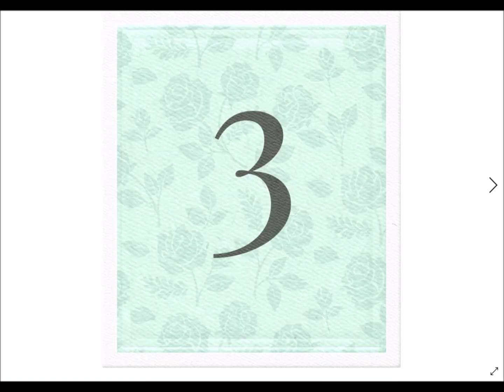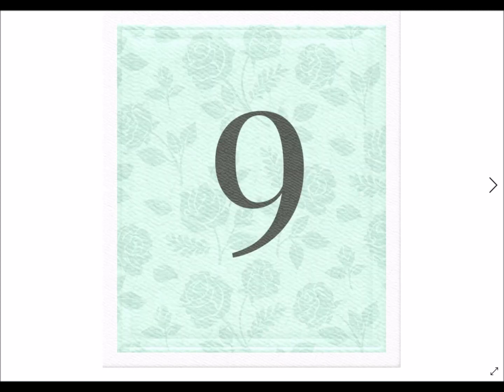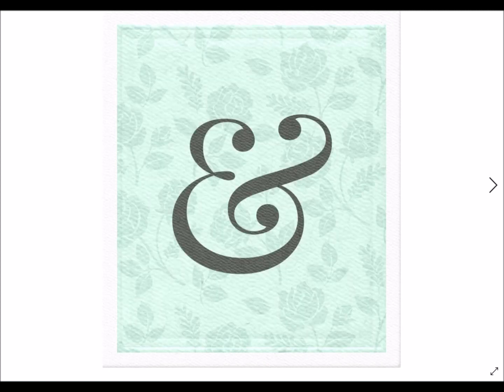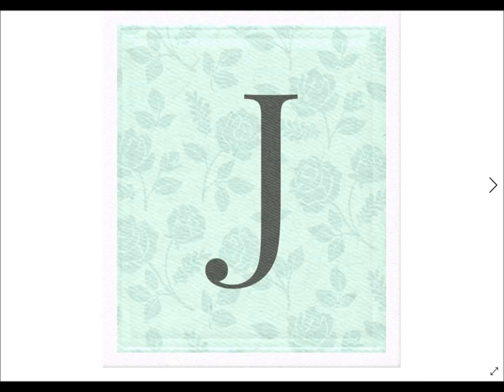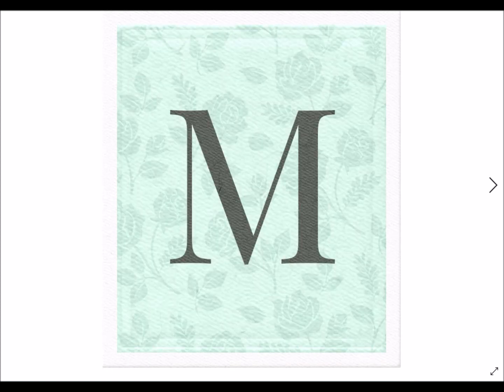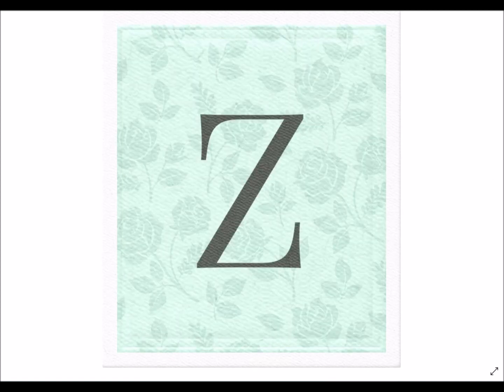As you can see from the alpha, it gives you a full set of numbers and letters in order for you to spell out whether that's the baby's name, the parent's name, the date of the birth, how you felt emotionally, whatever it is. Everything is in here so that way you can really have a predominant word or phrase or date or name or whatever it is. You can use this alpha for that. And that is kind of the point of it. It's lovely that it's in the square, so they're very easy to line up and make straight and give a specific look. They're very, very easy to